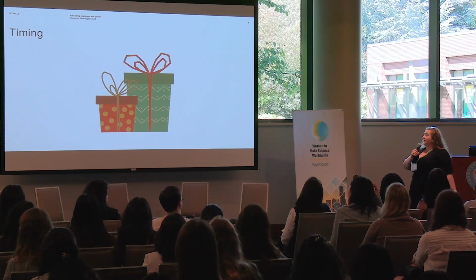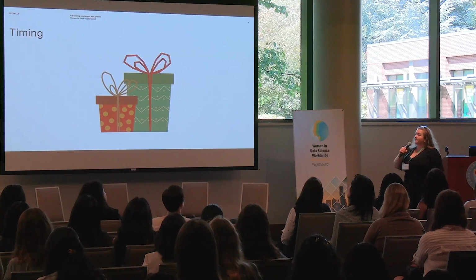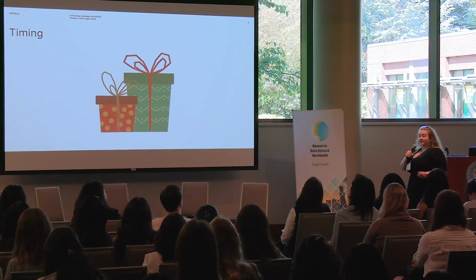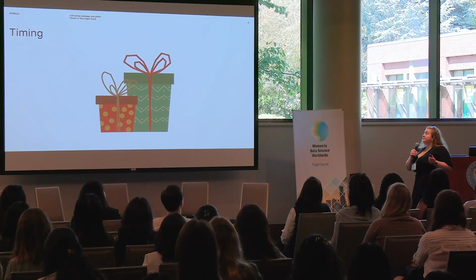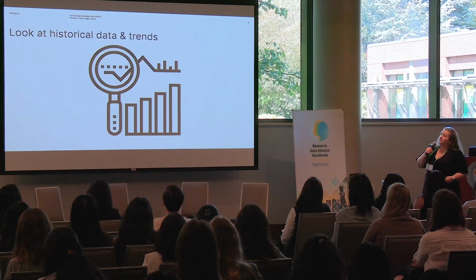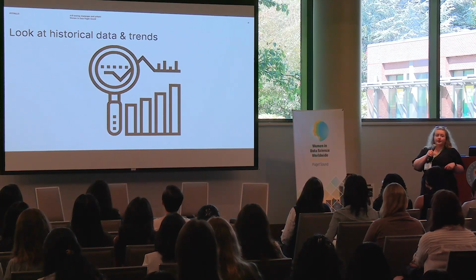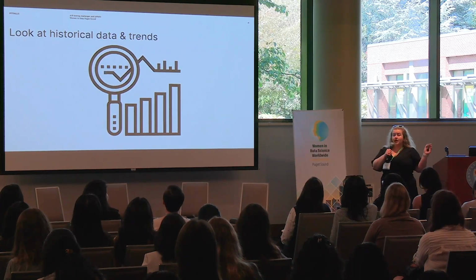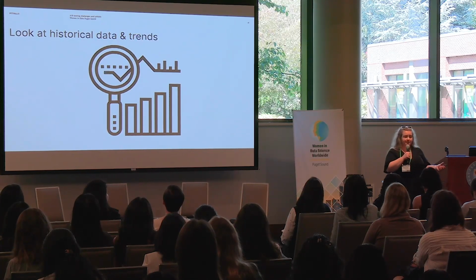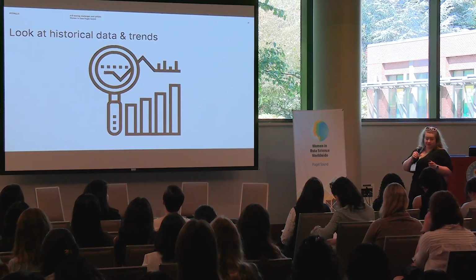I also would caution you against setting an A/B test as a set it and forget it kind of thing, where you leave the office and you come back after a few days and hope that the results will be there, just because you won't be able to monitor if something goes wrong, like the sample ratio mismatch. And you want to know what your trends are just by looking at historical data and trends. This doesn't need to be sophisticated. You don't need a fancy model to tell your seasonality. You can just do a time series of user signups, user engagement, anything like that, and you will be able to pick up very naive trends right away.